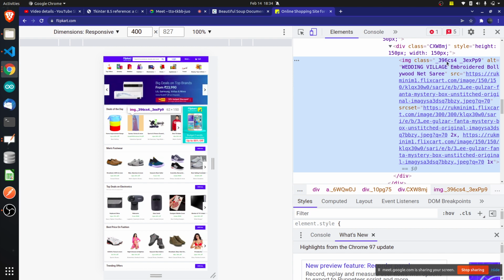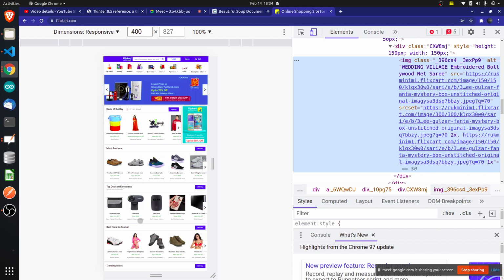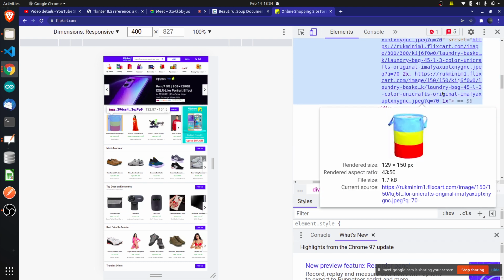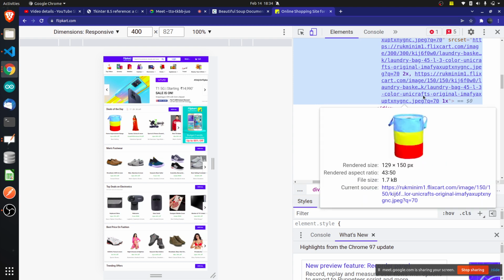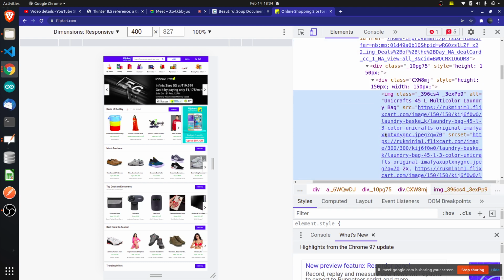Okay, something is wrong here. See here, CS64 underscore something is there. Okay, this is the whole class name.